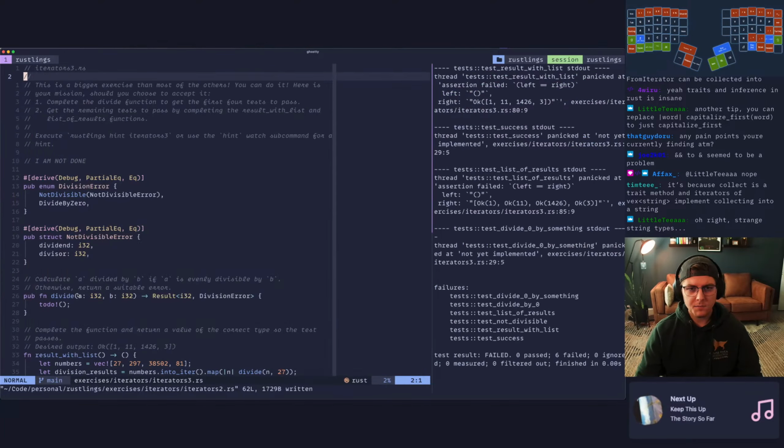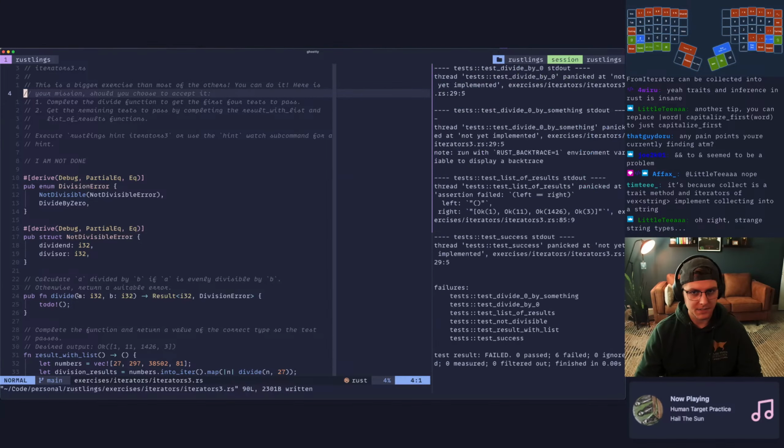This is a bigger exercise than most of the others. Here's your mission, should you choose to accept it. I accept. Complete the divide function to get the first 4 tests to pass. Get the remaining tests to pass.